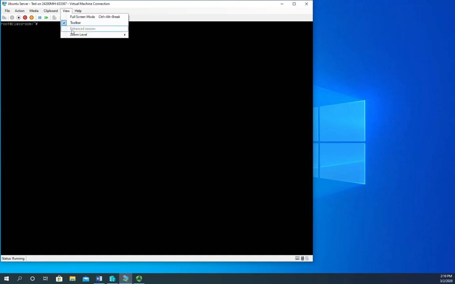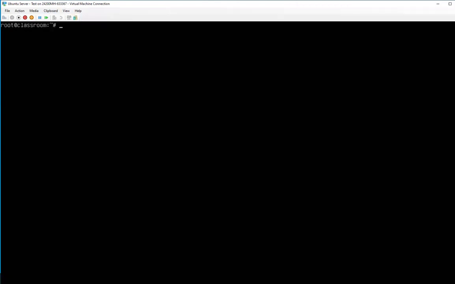Let me boost our zoom level here up again, to make it easier to see the next commands. Let me see which directory I'm in. I'm in the root directory. The next thing we can do is create a list of packages that are installed, and this will give us an idea of what all we've got installed and running on our system. The tool we're going to use is dpkg, and you don't have to be root to run this, by the way. dpkg, or Debian Package Manager,